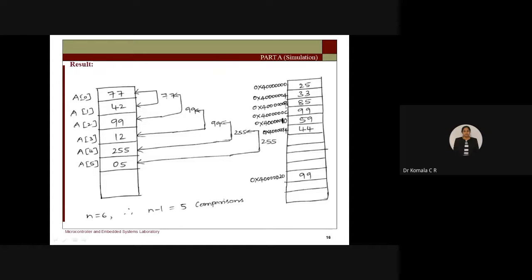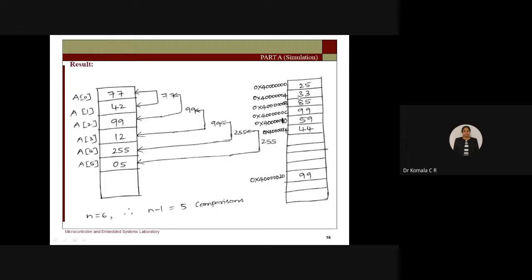Next plus 4, location 8. Plus 4, 8 plus 4, 12, which in hexadecimal is C. C is 12. 12 plus 4 is 16. What is the hexadecimal equivalent of 16? Divide by 16, 16 ones are 16, 0 is the remainder. The next location is 10. Plus 4 is 14, and so on. I have taken location number 20 where I want to store the largest among these.